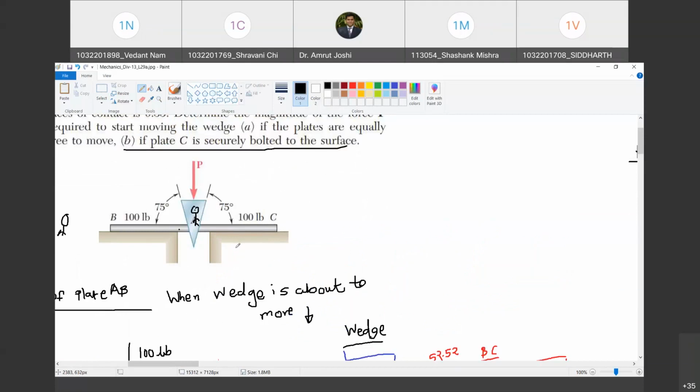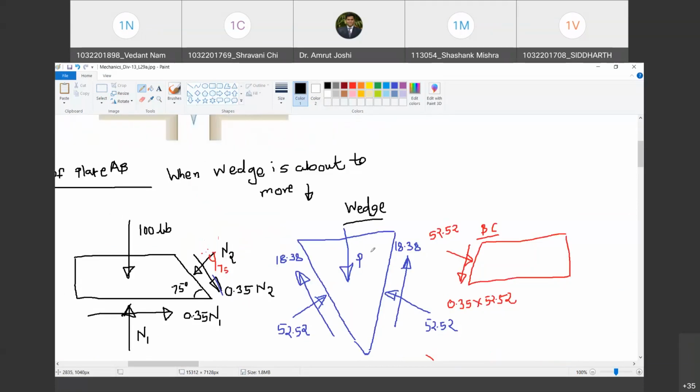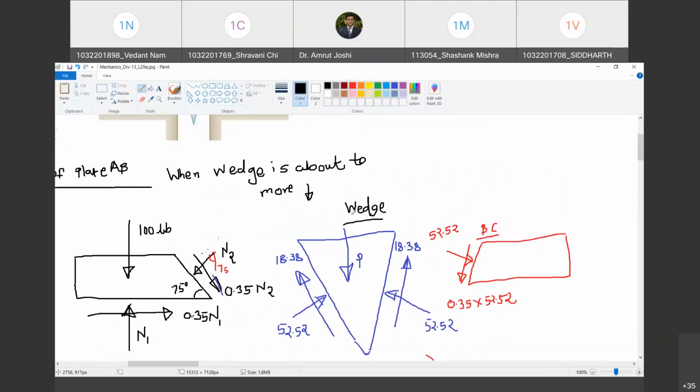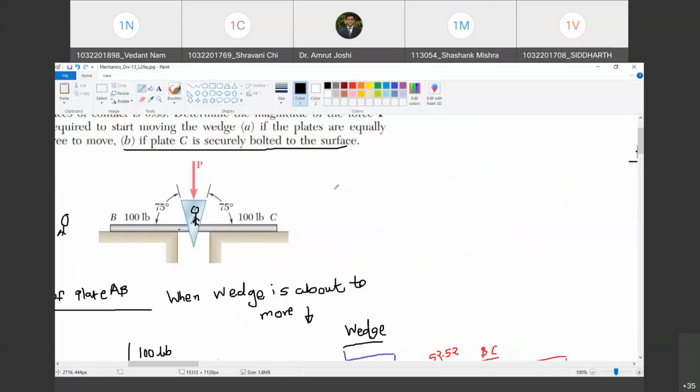Therefore, what will change? Sir, the value of force applied on the wedge by the plate. This force is going to be absent. Are you with me? Yes, sir. If this force is going to be absent, you are going to have values of N2 and 0.35 N2 different here. Do you agree with me? Yes, sir. And those values need to be transferred here. Happy? Yes, sir. And from that you need to find out P. That is the procedure. So I assign this problem as a homework. Try this at home today and share the solution with me. If it is correct, I will ask you to share it on the group. Are you with me? Yes, sir.